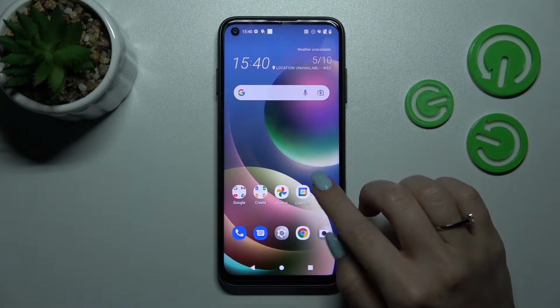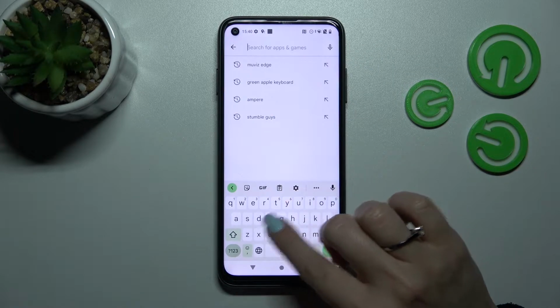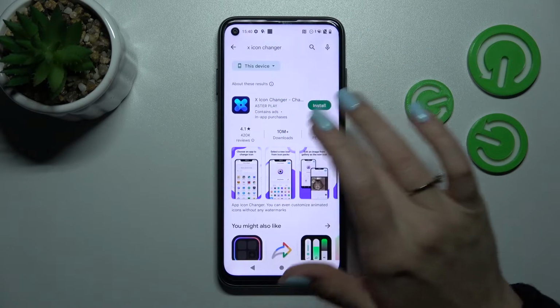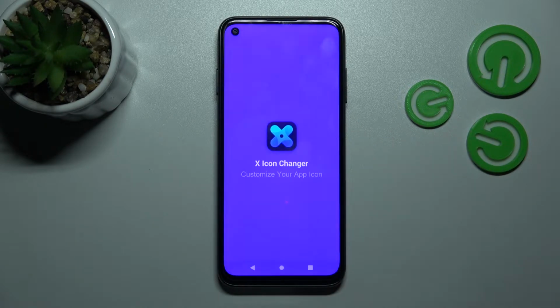So first let's open the Play Store application, and here in the search bar we should enter Icon Changer. And now we should get this application. Tap to install and wait a couple of seconds while the application downloads and then installs on your device. After that, tap here to open the app